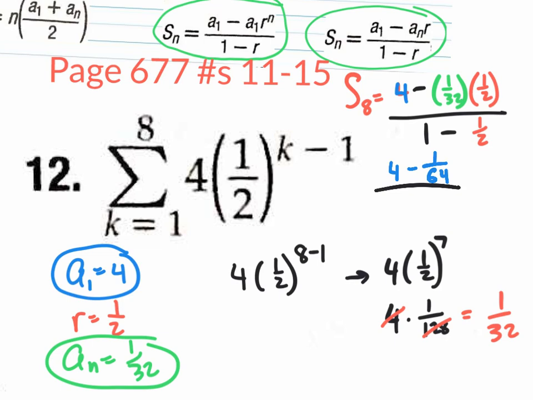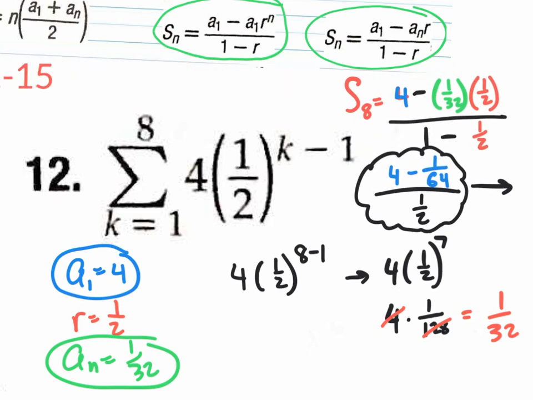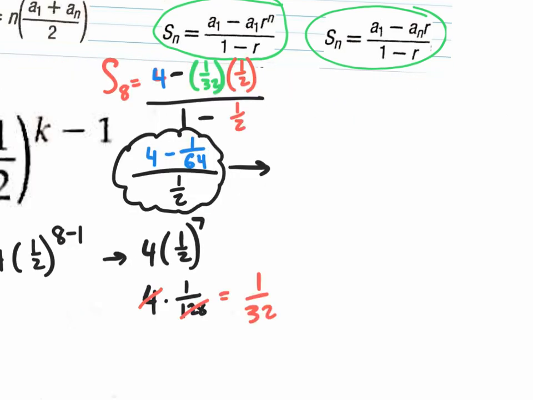So what's 1 take away half? It'll simply be half. So this is what we have so far. Let's continue to simplify. I'm running out of space. Let me make space over here. So 4 take away 1 over 64, that's going to be 3 and 63 over 64 divided by 1/2. Okay, and we might as well change this to an improper fraction to help us out a little. Let's go 64 times 3 plus 63. We will end up with